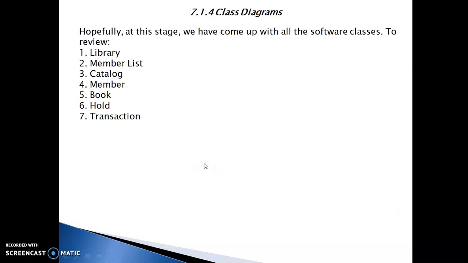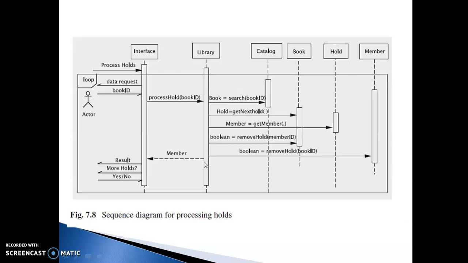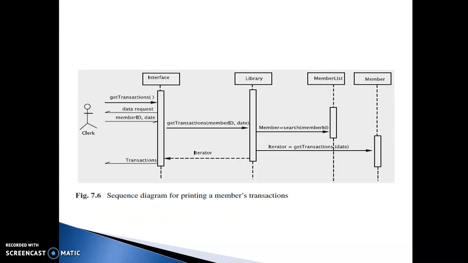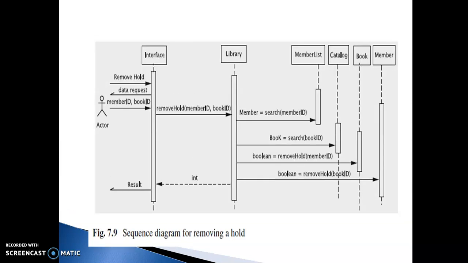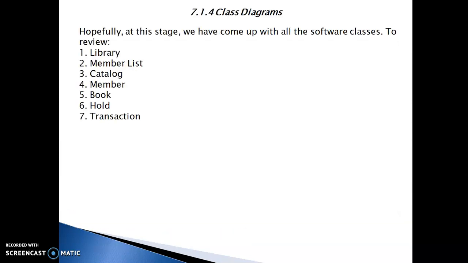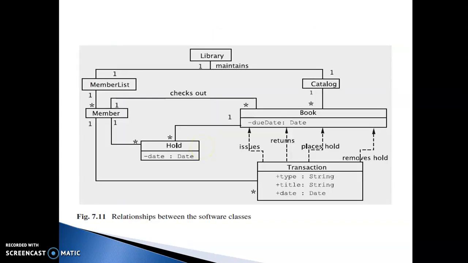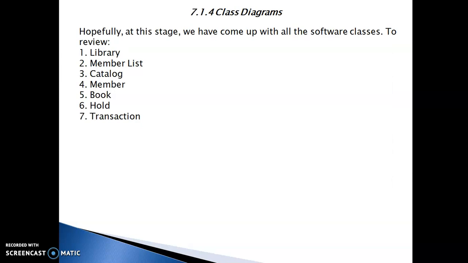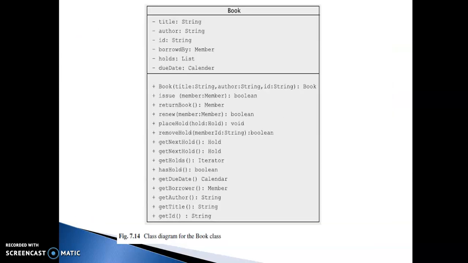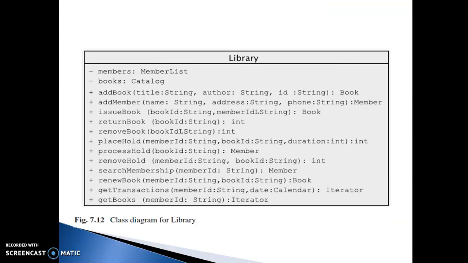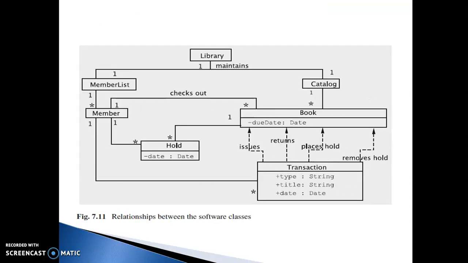So at this point we have completed all the sequence diagrams of the library information system. So these diagrams are called sequence diagrams, and in the coming videos we shall see the class diagrams, we shall see some of the codes, and we shall see some examples on the library information system. So which completes our module number